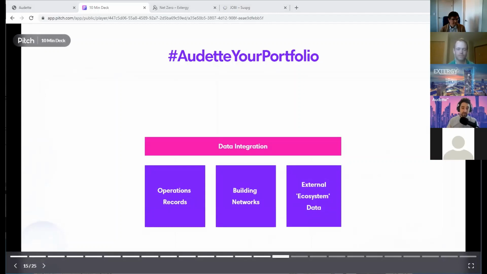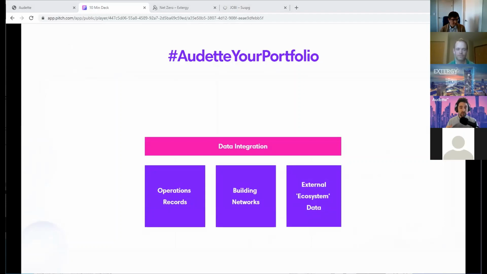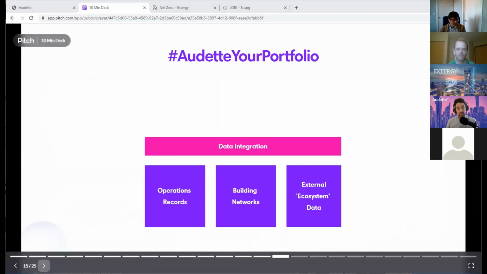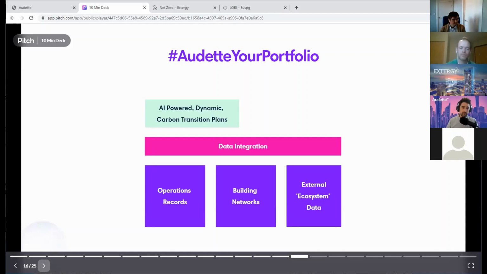This is all brought into an integration layer that presents an ongoing and dynamic picture of what specifically each of these buildings looks like. So this includes all physical equipment assets that exist within the building. On top of that platform, we can then run services that pull out and analyze that data in real time. So allowing our users to run and rerun carbon reduction scenarios as the technologies, the regulations, the grid intensities, the makeup of their portfolios change over time.